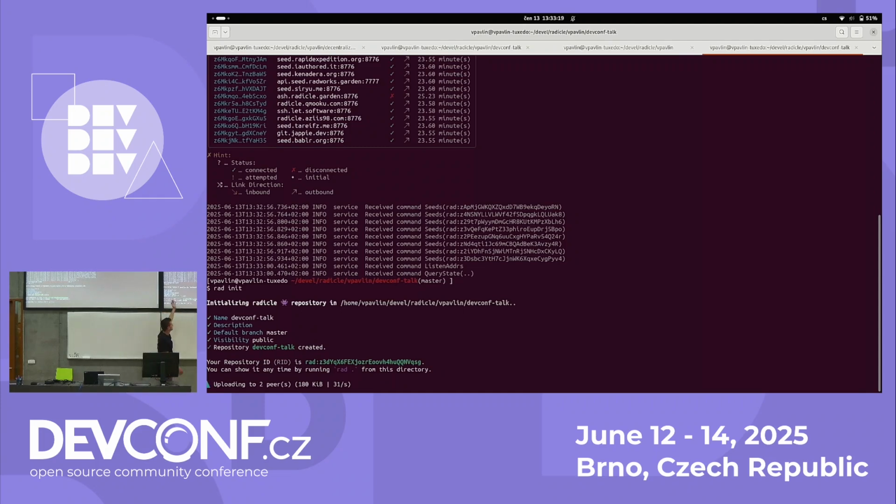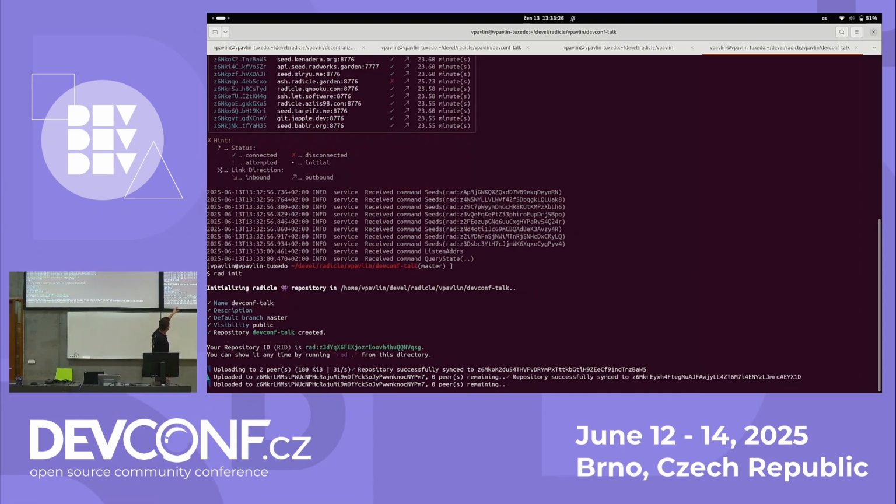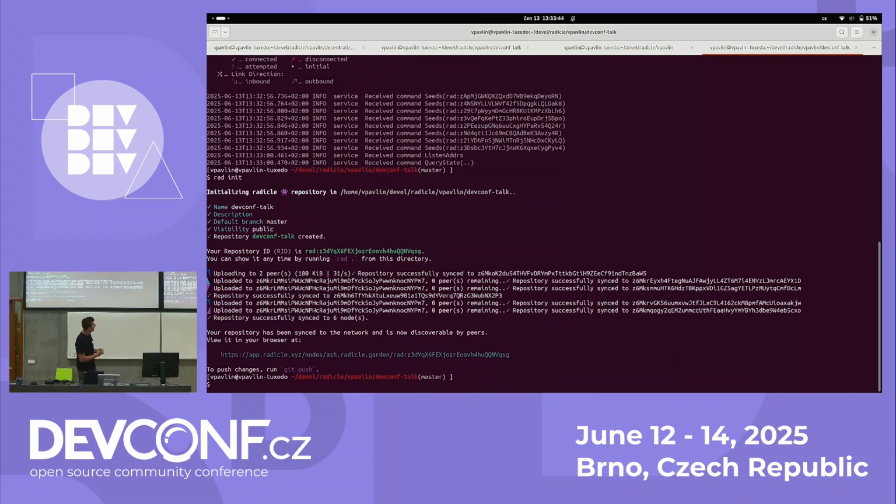It's a hash of something, basically a public key. Well, not hash, it's a public key. And you have your own identity tied to a private key stored in the device. So that's one thing to keep in mind, that you need to back this up. But basically, yeah, this is how you address it. So you don't have a very human readable name in the network, but then there is metadata containing that. But you can see that my repository got published to a bunch of nodes, synced with 6 nodes.